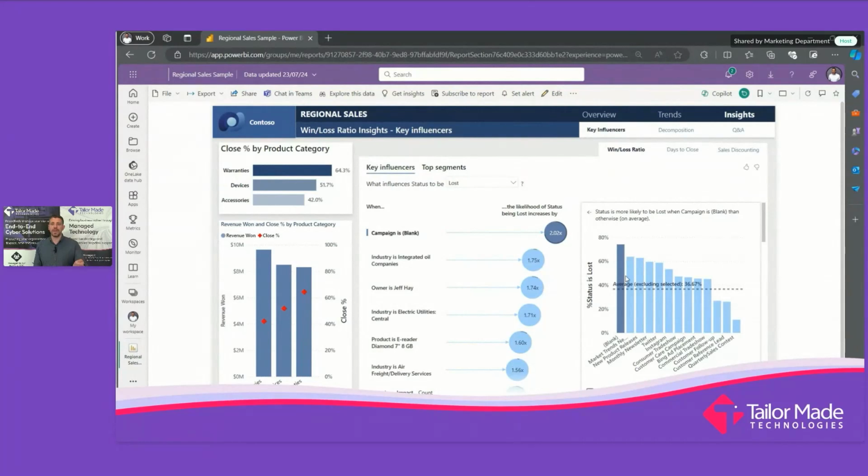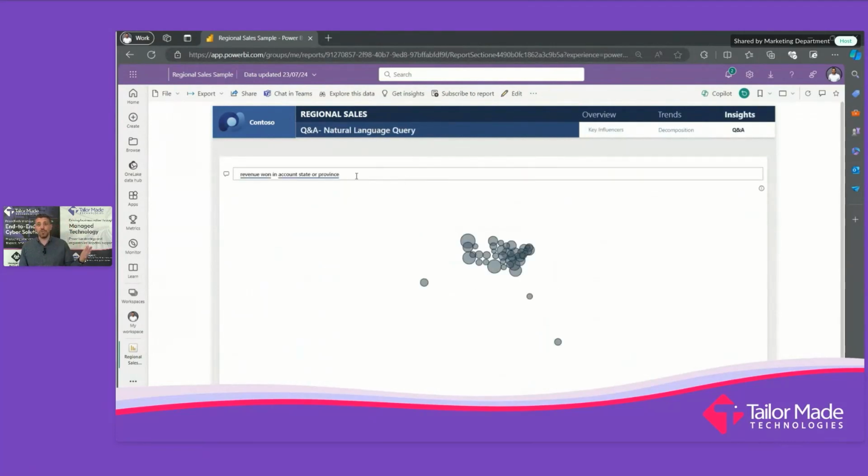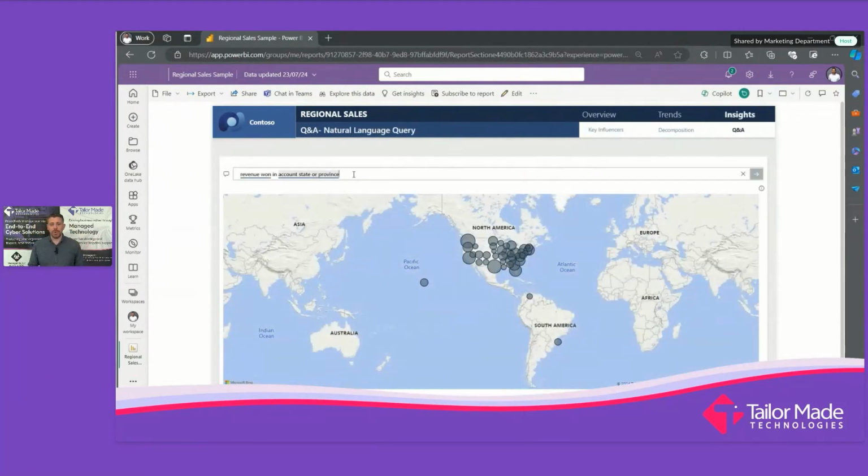So maybe you need to be looking at that individual and saying, do we need to train? Do we need to improve? What do we need to do around that user? And that's just coming from your raw data, all right? That's coming from sales information about revenue, things that have been sold, things that have been closed, won, etc. So there's a huge amount of stuff that you can get in terms of insights beyond just what you're having with a normal basic report.